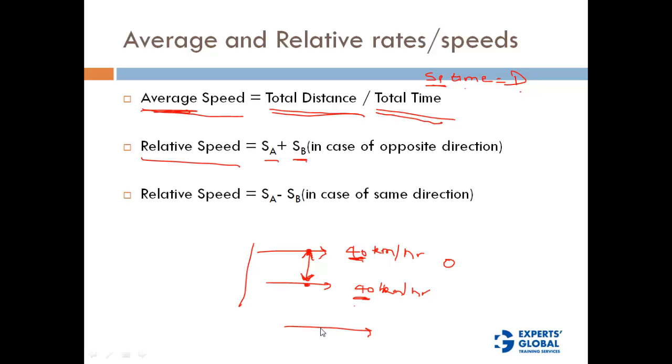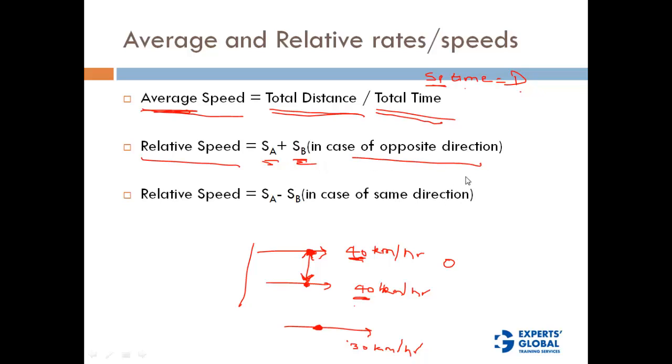If he's traveling slower than you, let's say at 30 kilometers per hour, then you're going to feel that he's lagging behind, and you are traveling 40 minus 30, 10 kilometers per hour faster than he's traveling, right? So that is going to be the relative speed. So a few concepts here: SA plus SB, speed of A plus speed of B, in case both are traveling